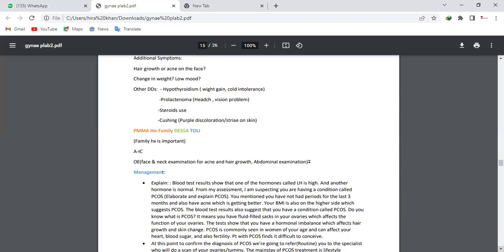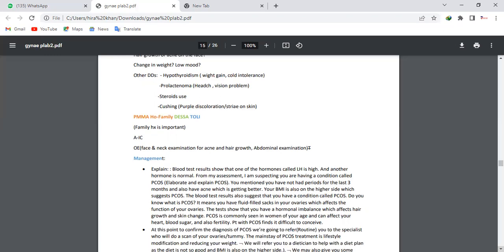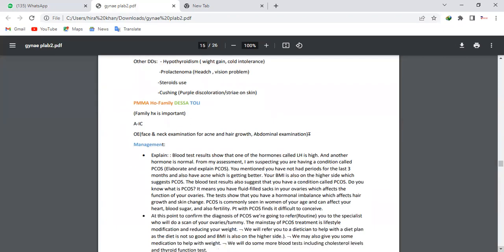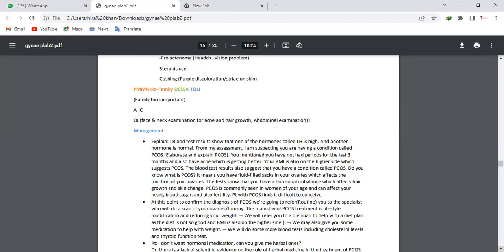And then here what we have missed, Dr. Sudan, is we have to mention the examination. What examination is important? Face, neck examination, because hypothyroidism can present in the form of weight gain. So you have to rule out that. You have to also mention the abdominal examination and general physical examination as well. That I just missed to write here. So you have to mention these as well. And the examiner might say everything is normal. Just proceed, continue, and then explain.